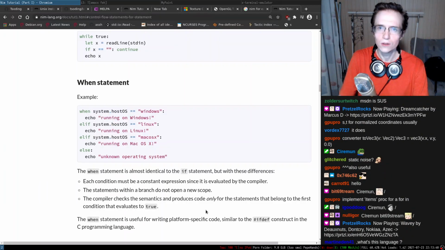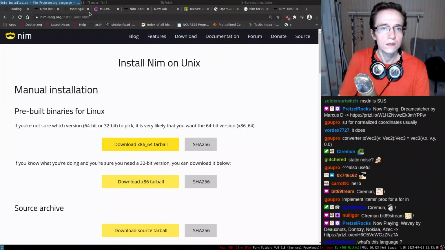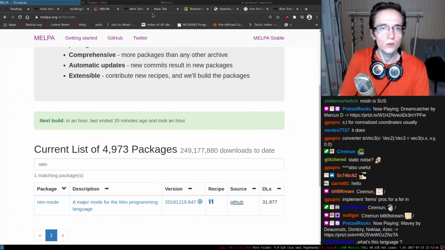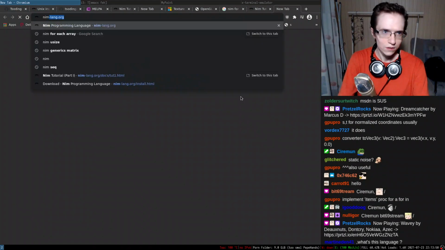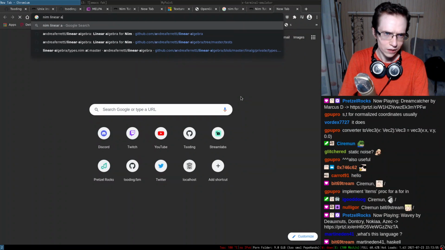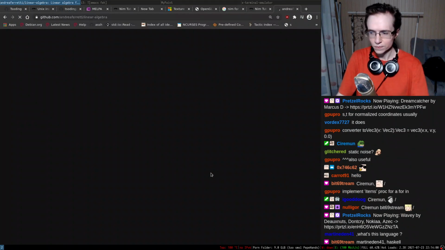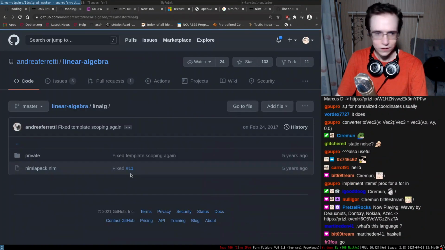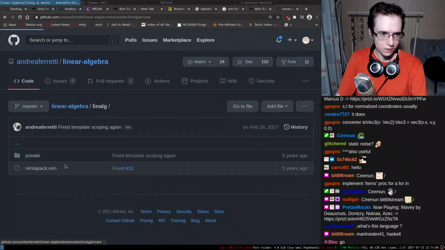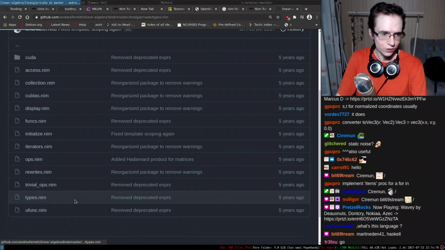So it's probably not how it works. Where is that thingy that we used? I'm probably using the syntax incorrectly. Nim linear algebra. Yeah, there we go. I think that's what it is. So let's take a look at this thing, private types. There were types in here.